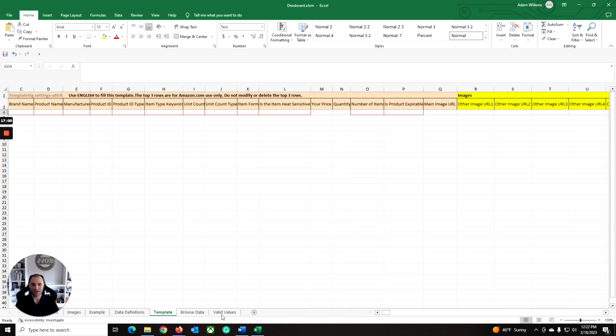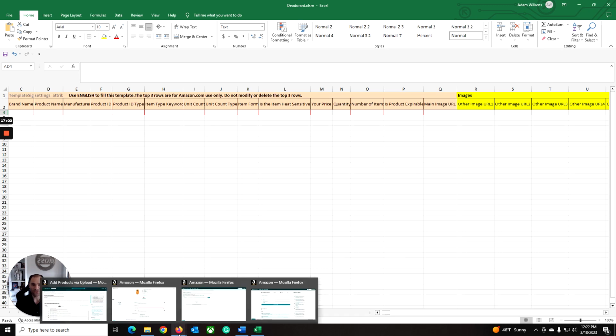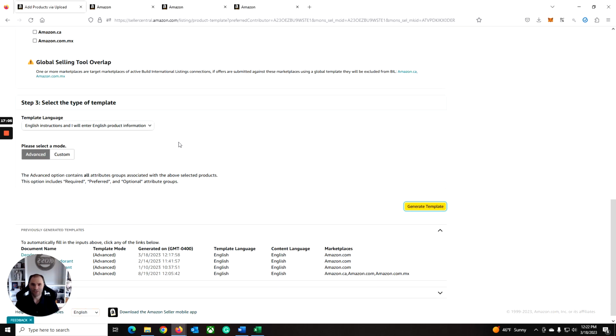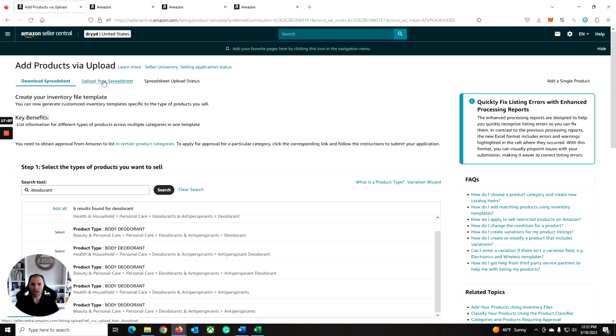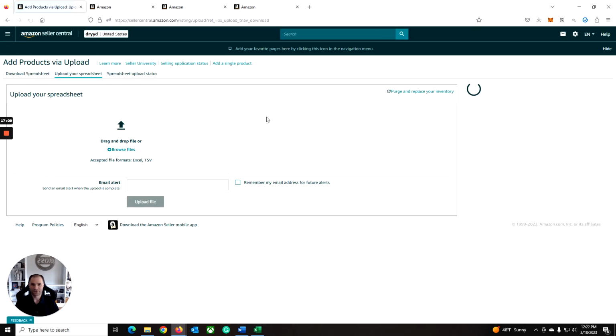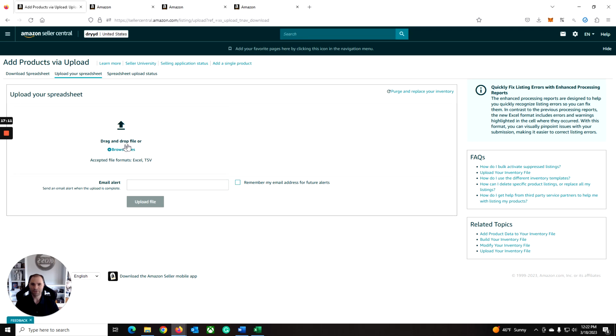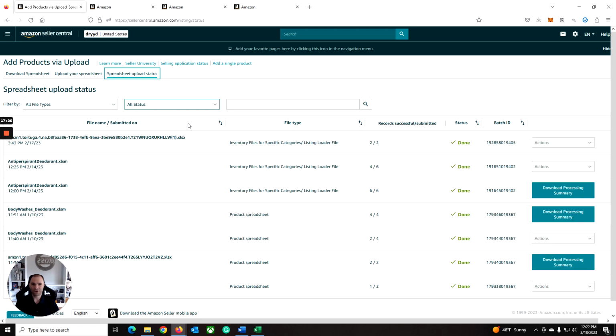You'd save this file. You'd go back into your Seller Central, right? And now you're going to upload your spreadsheet. From here, you drag and drop. If you want to issue an email alert, if you have to, for example, leave and come back to it. But you'd upload your file. And then in this other menu here, this link is where you'd manage the success of that upload. So it's very common to see files that have failed,